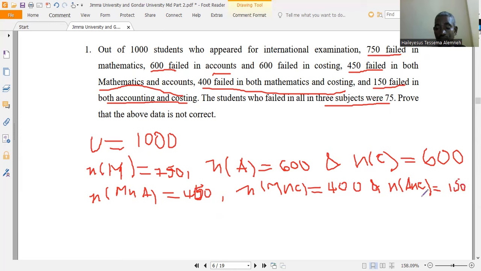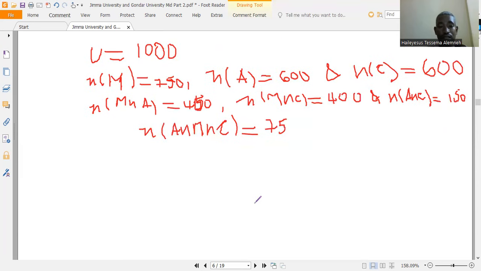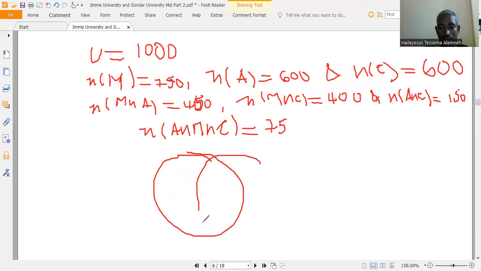150 ተሰጥቷል። ጠቅላላ ደግሞ በሁሉም ፌል ያደረጉ ስንት ናቸው? ማትስ ኢንተርሴክሽን አካውንቲንግ ኢንተርሴክሽን ኮስቲንግ ፌል ያደረጉ ደግሞ ስንት ናቸው? 75 ናቸው። ኦኬ 75 ናቸው። ከዛ ዩዚንግ ቬን ዲያግራም መስራት እንችላለን።